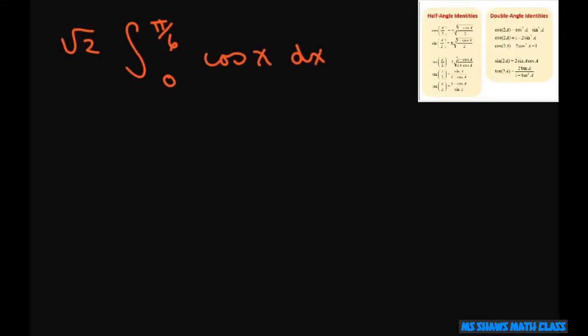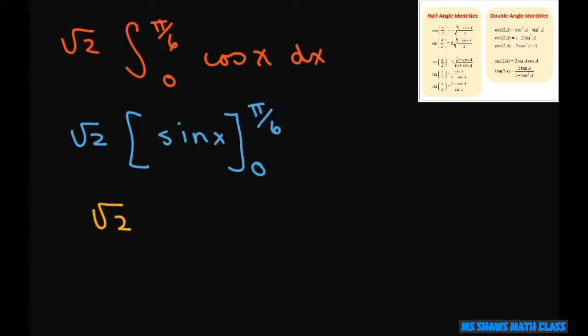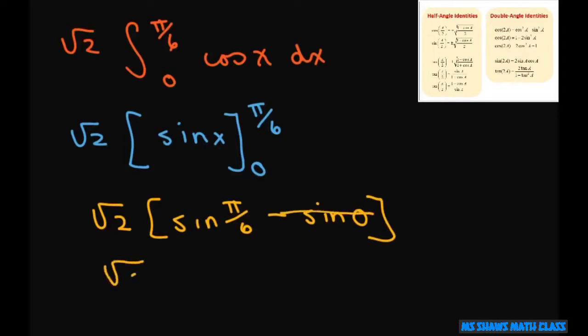All right, now let's integrate. So we're going to have our square root of 2. The antiderivative of cosine of x is sine x, and then we're evaluating from 0 to pi divided by 6. So that's going to give us square root of 2 times sine of pi divided by 6 minus sine of 0. Sine of 0 is just 0,